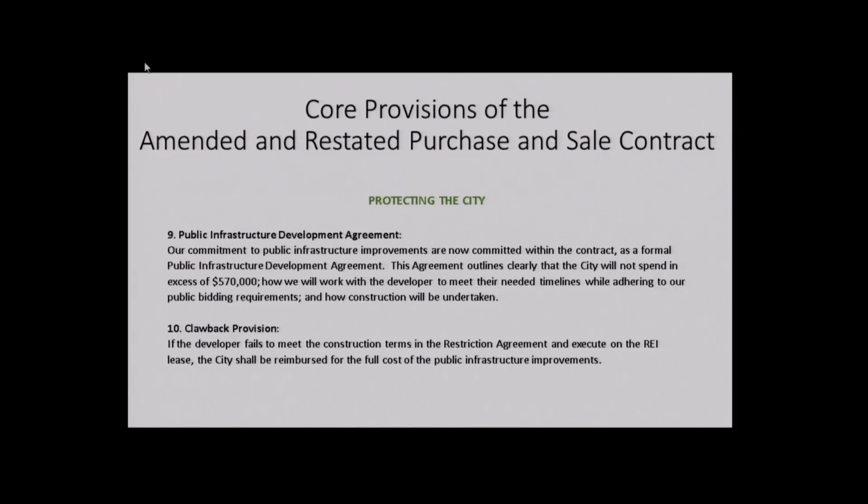And then one thing that we added, based on, I think, fair concerns that people raised last week, is a clawback provision. So if the developer fails to meet the construction terms that are in the restriction agreement and execute on the REI lease, they will reimburse the city for the full cost of the public infrastructure improvements that have been made. So the public infrastructure obviously would still be in place there, but the developer would be on the hook for paying the city back for them. So, Madam Chair,